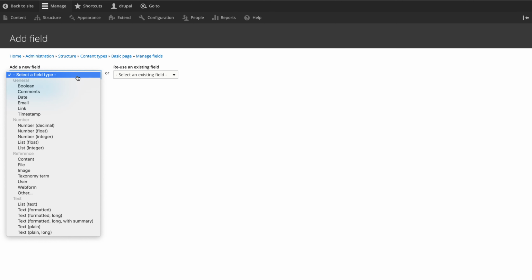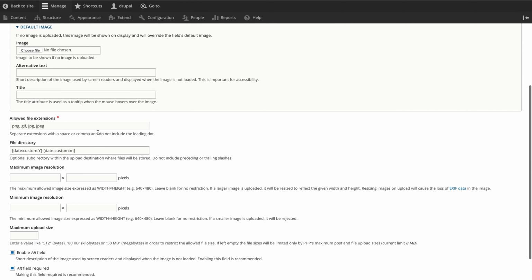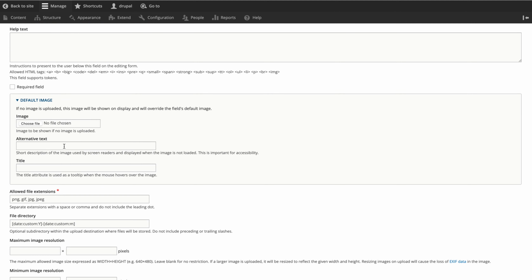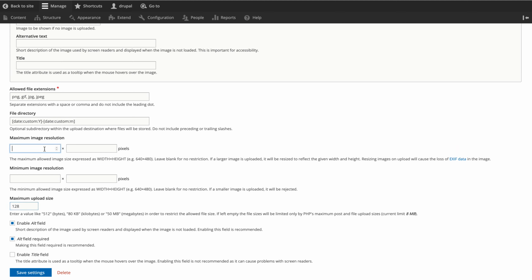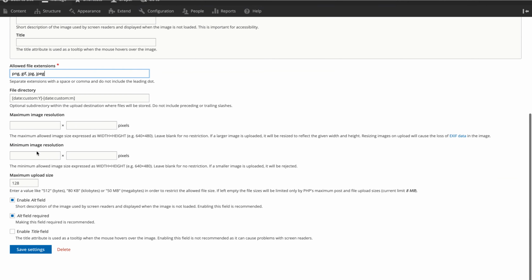If you want to create a new image field, you can select it from here, or you can reuse the same image field. So I'm using the same image field and saving it. And even for those image fields, while uploading, some messages come, like the file should not be more than this many bytes, so you can restrict it to 128 KB. You can even restrict the resolution, and the formats, like JPEG, GIF, PNG and other formats that can be allowed for uploading the image. So a lot of configurations are there for this field.